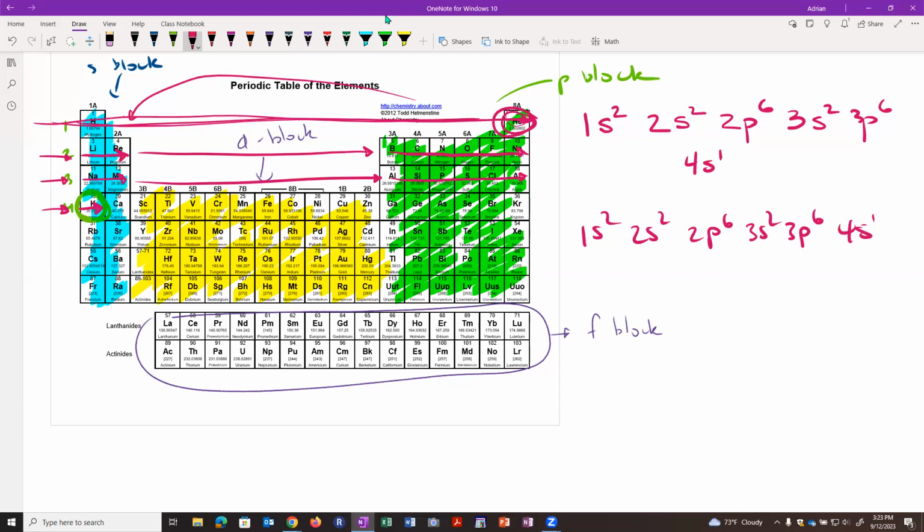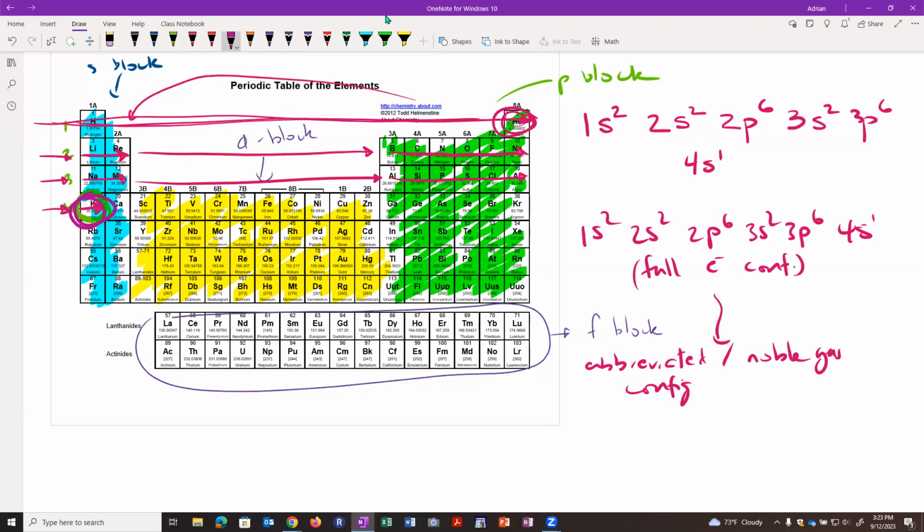This is the full electron configuration. We can do an abbreviated or noble gas configuration,